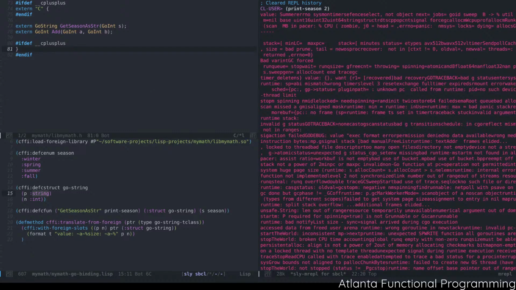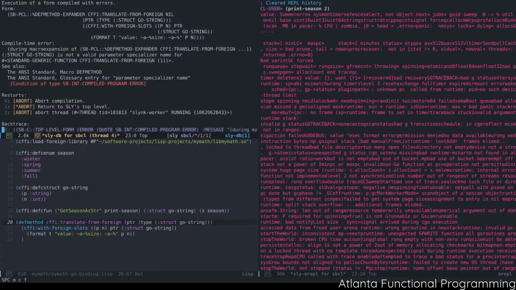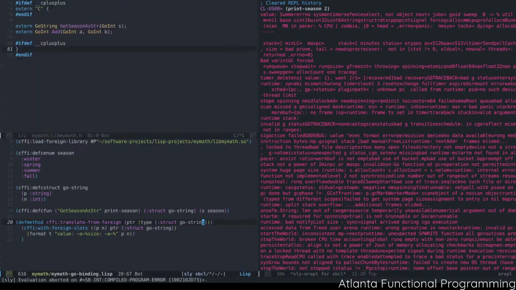I'm actually curious, let me convert this just for my own sake. Let's convert this guy, instead of being of type goString T class, let's see if I could do it like that. Because this should work, but that's right, it's not a parameter specializer. I have to use the goString string class in order for me to appropriately do this. I mean, it's working, the fact that we're doing it, but it's still